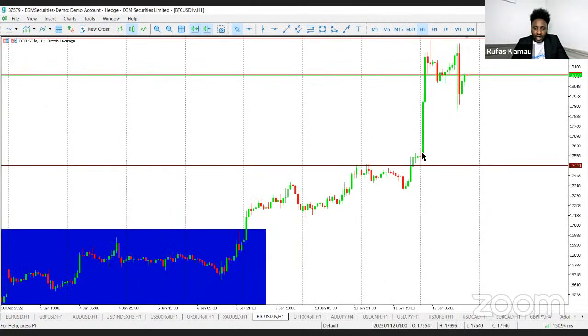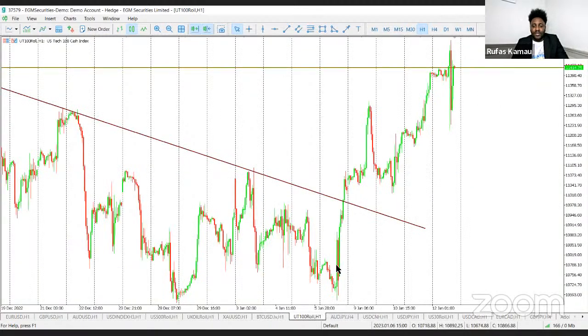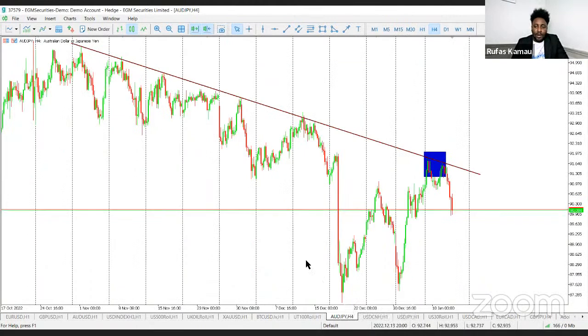So Bitcoin made a major move early in the morning, up, traded sideways, and then formed this particular pin here, basically dropping sharply and then recovering, then dropping, and now you can see it's regaining against the dollar. So overall, the dollar is weak against other currencies. So perhaps this trend will continue towards the end of the week. So positions are in order to look for selling positions in the dollar.